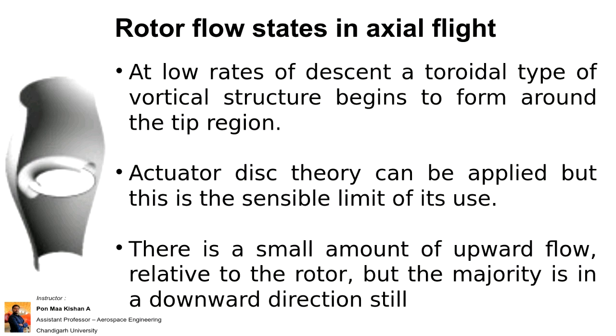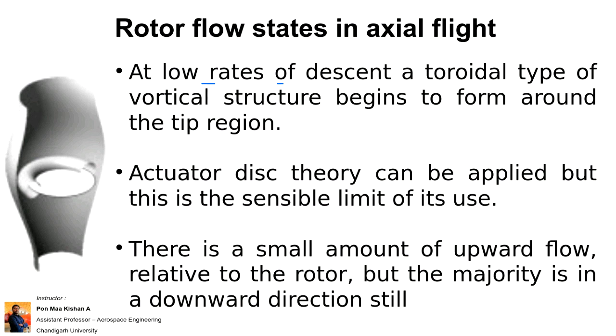This analysis which we are seeing on the left side image was done with computational fluid dynamics and the result from experimental data also. So when there are low rates of descent, suppose in the previous slide we have seen that when the helicopter is in climb or hovering condition, it is said to be in a normal state. So when the helicopter starts to descend at low rates, let's consider that the speed of descent is 10 meters per second. So 10 meters per second is one of the low rates. Or 5 meters per second, depending upon how you want to take.